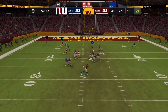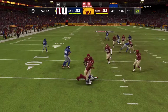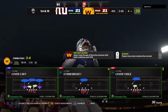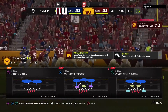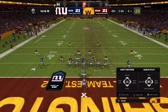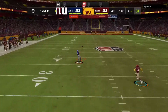From the 17, Mon. And this is going to be intercepted. Picked off by Xavier McKinney. And the Giants are going to take possession here as they've got it at their own 4-yard line. The rookie was trying to push it downfield, but the safety bit him. And he'll learn that you have to hold the safety. And you do that with your head movement, your eyes, sometimes your shoulders. Hold the safety so that you can get back to the...